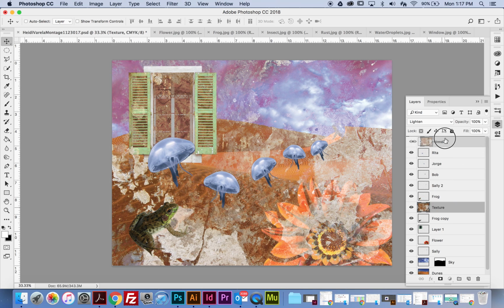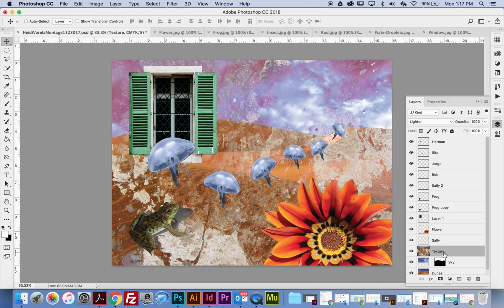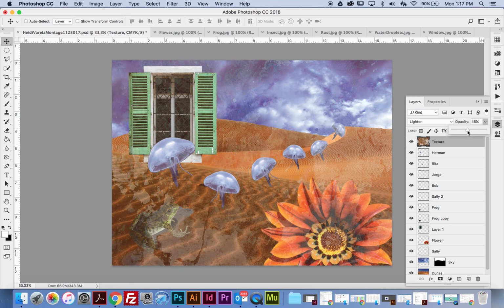So I could put it on top of everything, or I can put it, you know, back here. It's totally up to you. I kind of like that. That's really crazy. And you could also change the opacity of that. I'm going to bring it all the way back on top. I just think that looks really cool. I'm going to bring down the opacity though, because I don't want it to be too powerful, but it's still